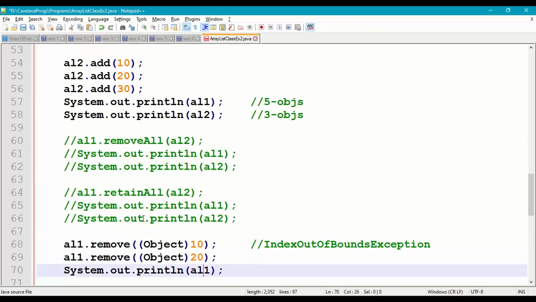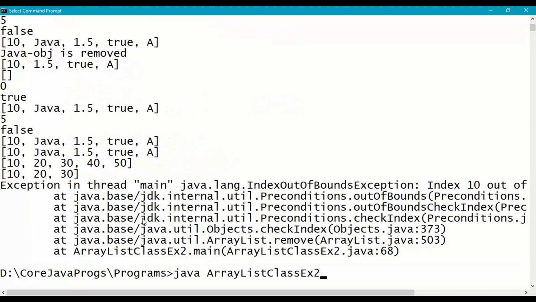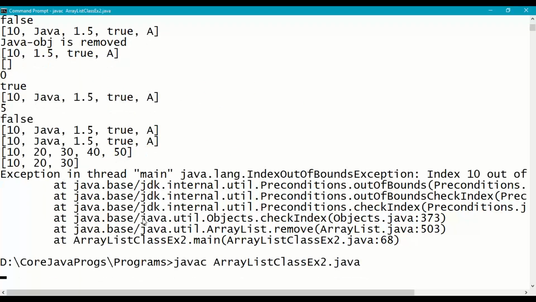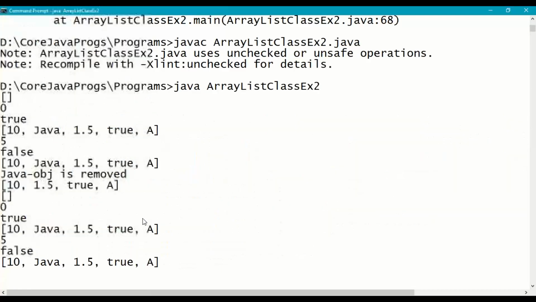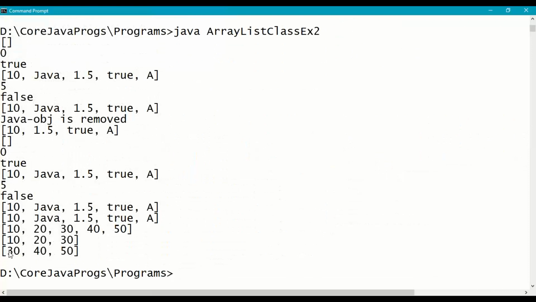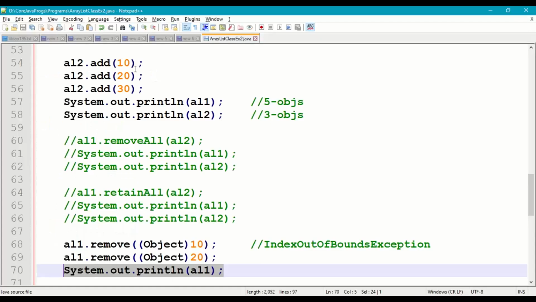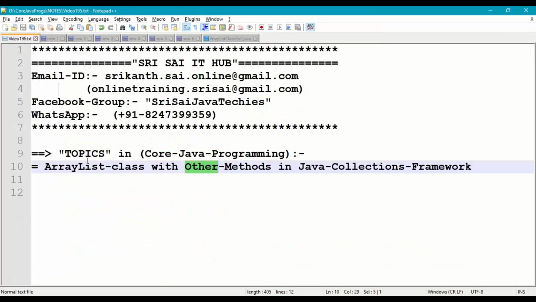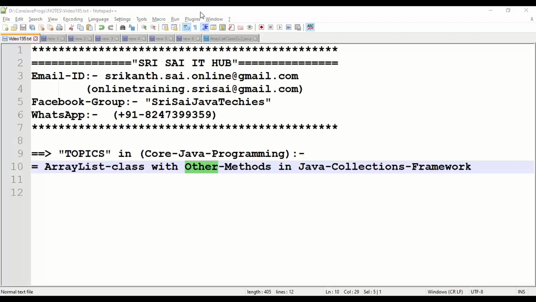So 10, 20 are deleted, remaining elements are 30, 40, 50. Right. So recompile, no error, run, no error. After removing object 10, object 20, we have 30, 40, 50. So this is how we are supposed to work with the ArrayList class and its other different methods in Java programming.